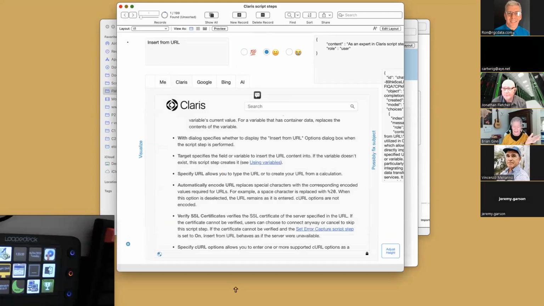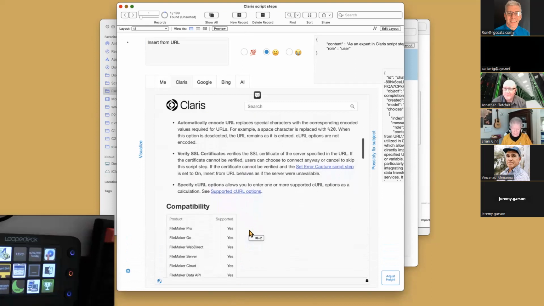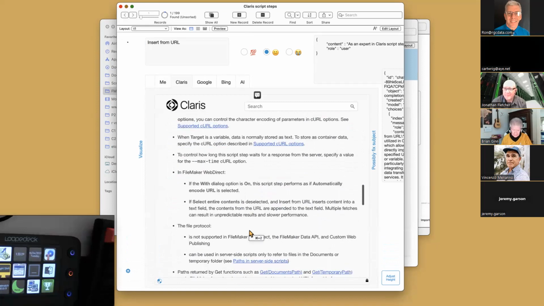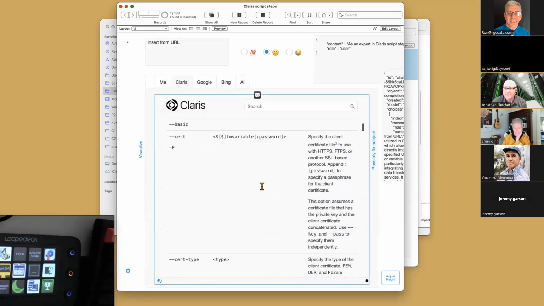All right, I'm going to go into the caveats, the gotchas of doing this API call, because I learned something new about a month and a half ago that I just didn't know. Oh yeah, supported curl options. Okay.